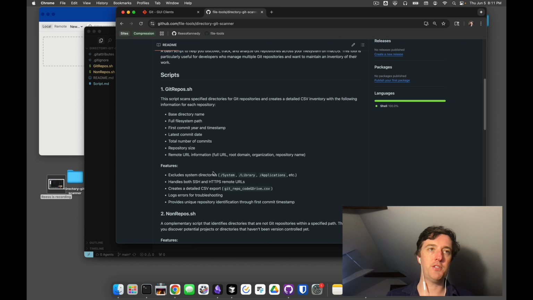If you are an engineer or coder and you've been just kind of willy-nilly downloading repositories, and some are in your Google Drive and some are in like a dedicated code folder, and it's hard to keep Git repositories organized, this is a step in the right direction. If you want to keep things nice and organized,